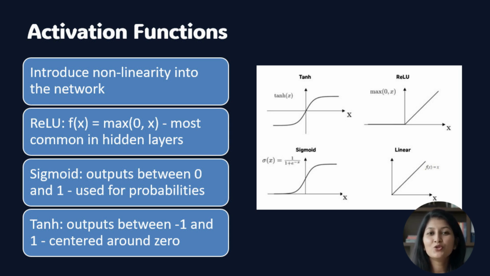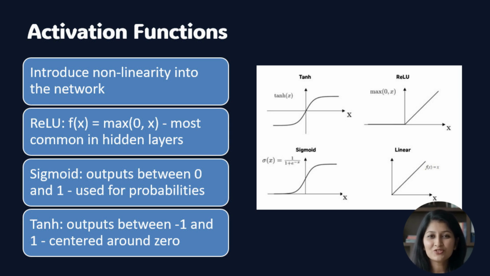Activation functions are crucial for deep learning. Without them, stacking multiple layers would be pointless. Here's why. Matrix multiplication is a linear operation. If you stack multiple linear operations, the result is still just one linear operation. No matter how many layers you add, you'd only have the power of a single layer. Activation functions introduce nonlinearity. They allow networks to learn complex, nonlinear relationships.